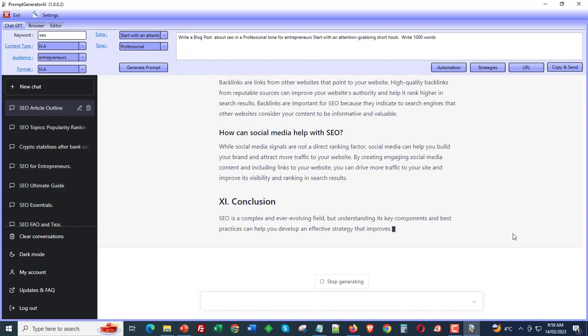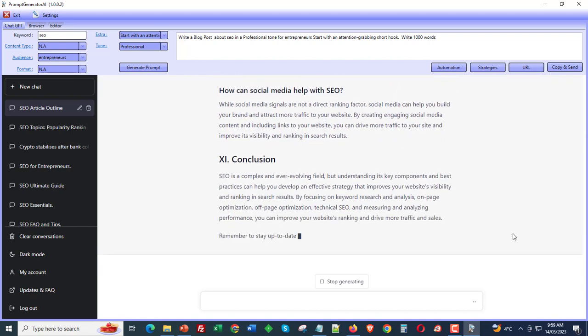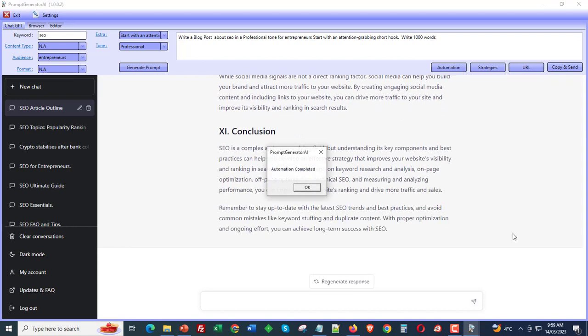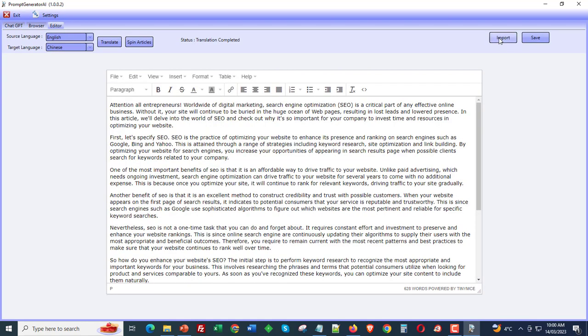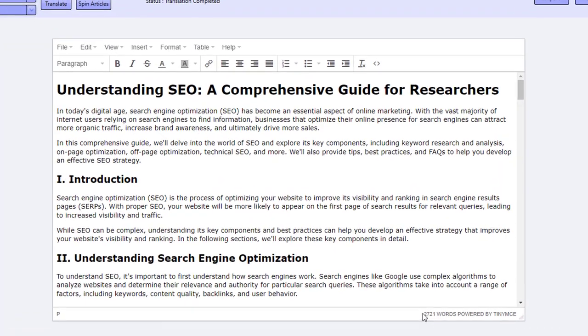Okay, I'll just let it continue. Conclusion. And we're done. Fantastic stuff. How cool was that? Okay, so that's all been done for us. If I go over to editor, I'll click on import. Here's the article, and this article has done